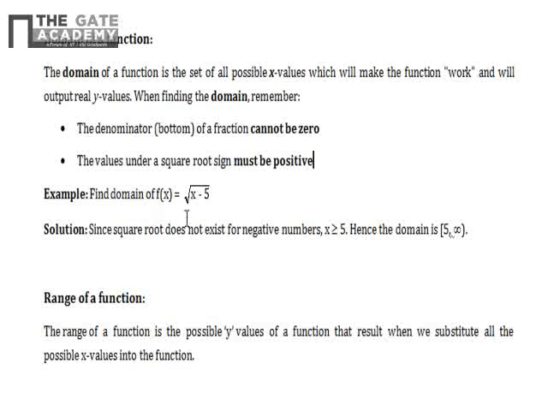Find the domain of f(x) is equal to root of x minus 5. That means here what I want is that the value under the square root should always be positive, because we cannot have a square root of a negative number. That's why I'll have to pick such a value of x which will not make this negative. That means we have to choose x greater than or equal to 5. That means the domain will be 5 to infinity.